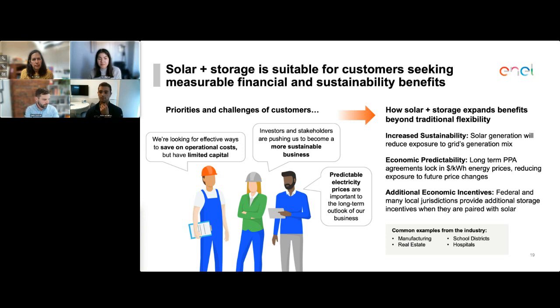Another big one is sustainability. We are seeing a lot of businesses with pretty ambitious 2030, 2040 carbon reduction goals, whether that's coming internally or from stakeholders and investors. The demand for this has really ramped up, and the IRA has enabled this to be a realistic